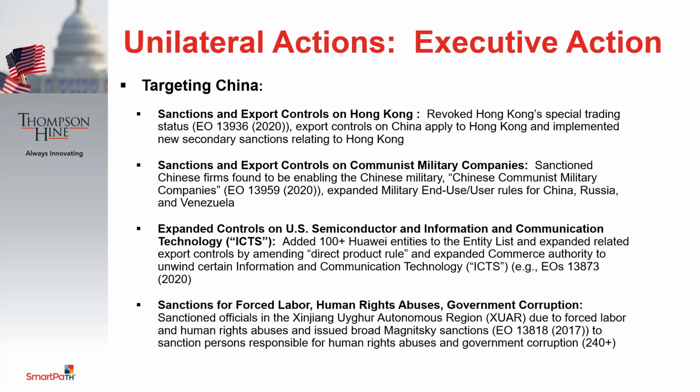He has also moved sanctions and export controls toward a new kind of circle of companies, communist military companies, and also expanded controls on military end uses. Specifically, he sanctioned Chinese firms that are thought to be enabling the Chinese military. A lot of impact there with respect to U.S. investments,